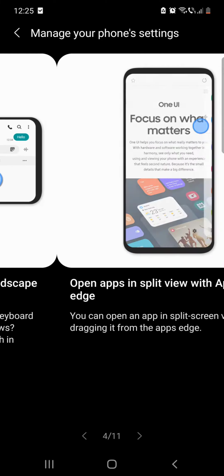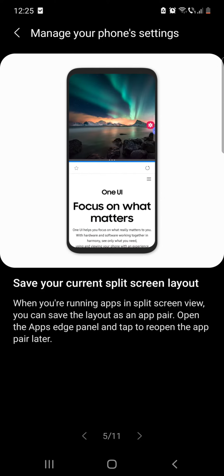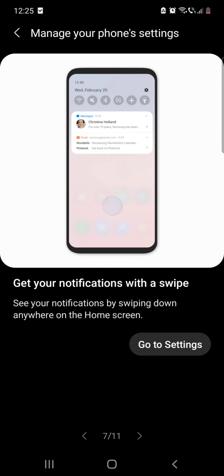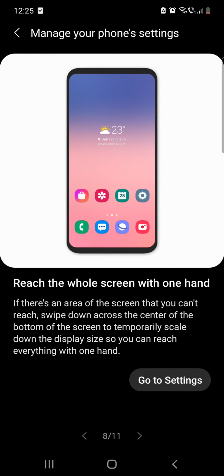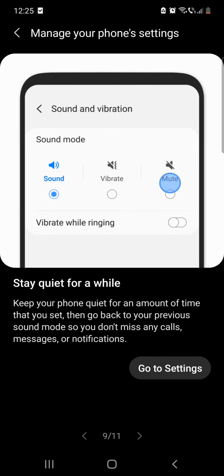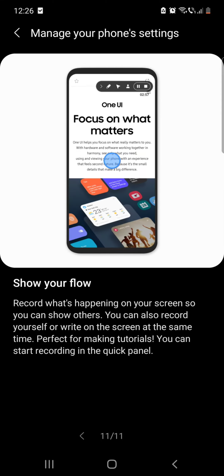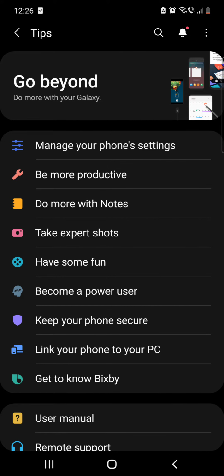your fingers happy in landscape mode, open apps in split view with apps edge, save your current split screen layout, swipe to undo or redo, get your notifications with a swipe, reach the wall screen with one hand, stay quiet for a while, get the full screen experience, and show your flow. So these are the tips on the manage your phone's settings section, and here you have several more, like be